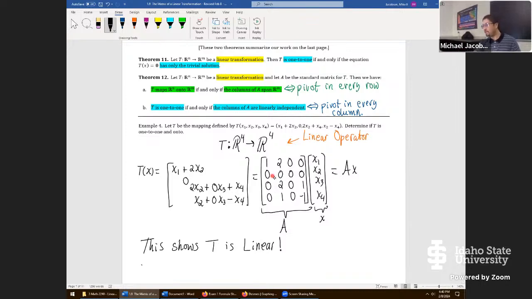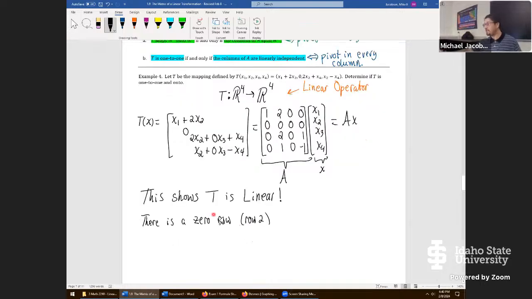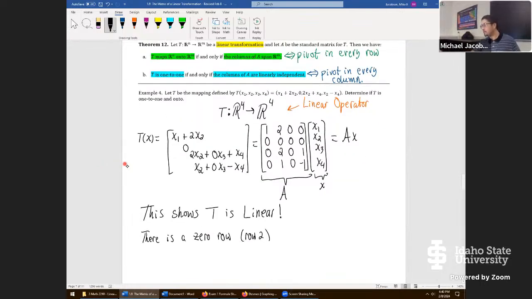Let's say that right away. There is a 0 row. We're looking at row 2. You can make the same statement by saying there's a 0 column, column 3, and so not a pivot in every row and every column. But just due to this right here, if there is a 0 row,